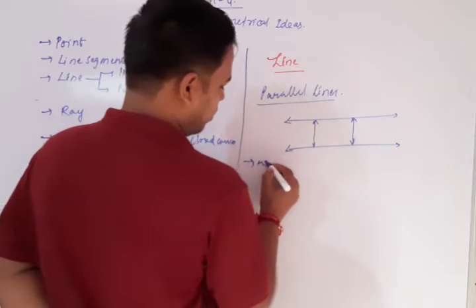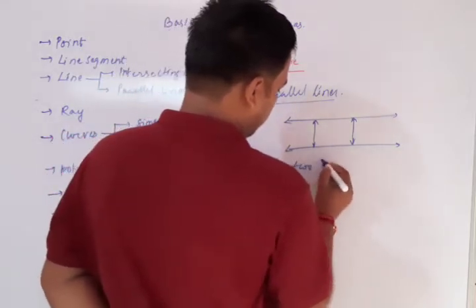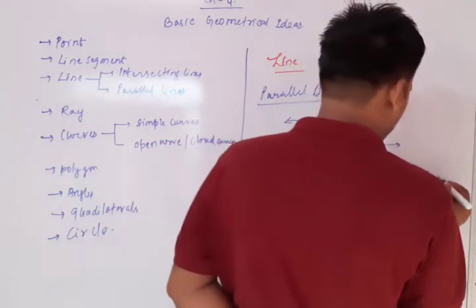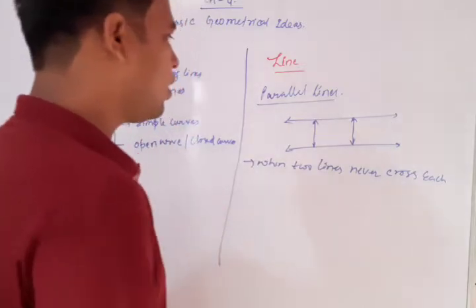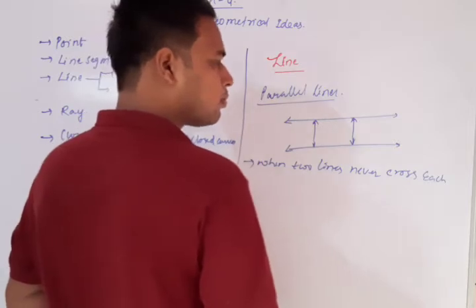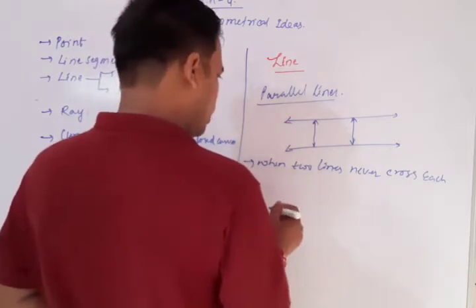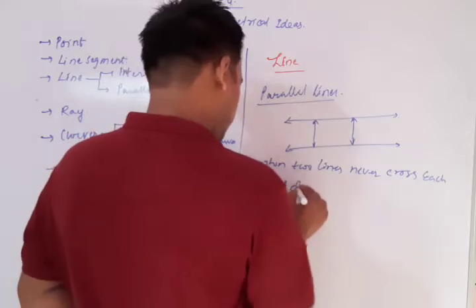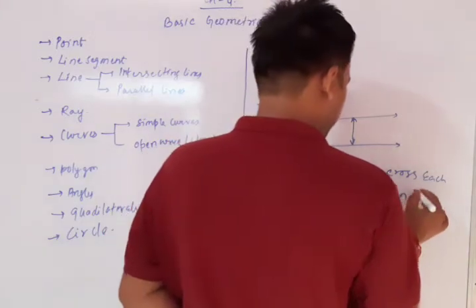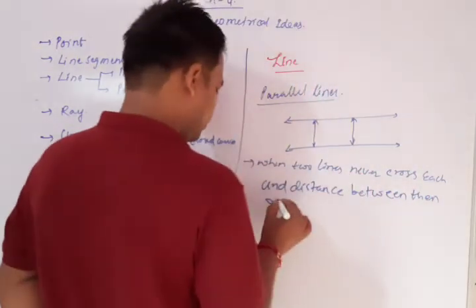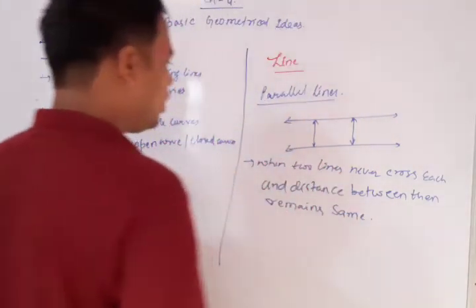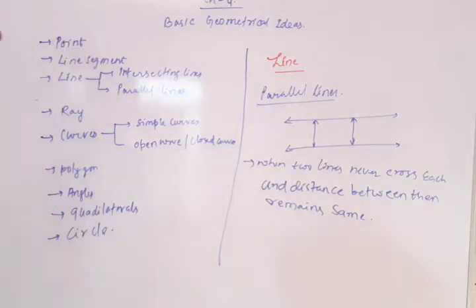When two lines never cross each other and the distance between them remains the same,